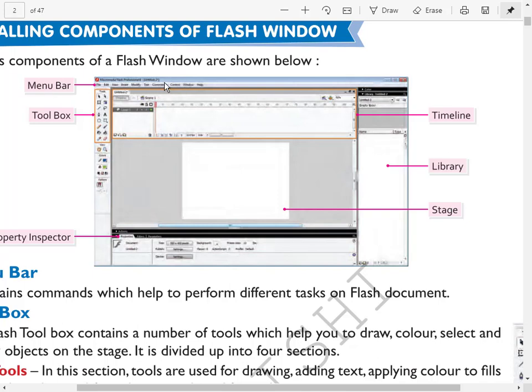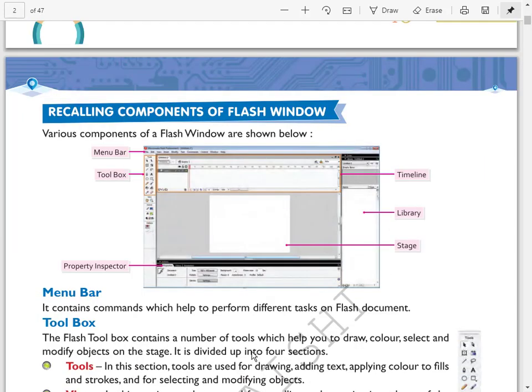This area is called your toolbox. This area is called your property inspector. This area is called your timeline. This is your library area, and this one is your stage. Okay, so here we will discuss about them one by one.